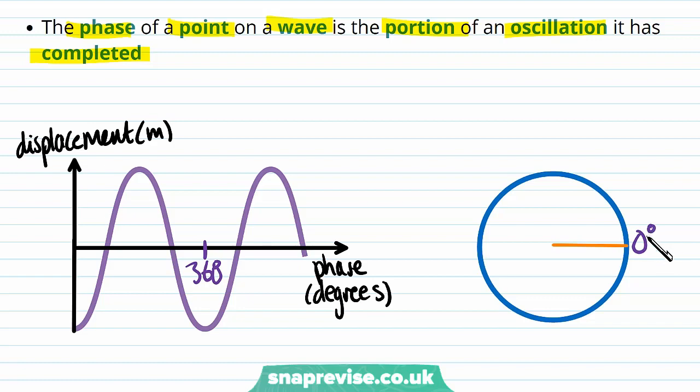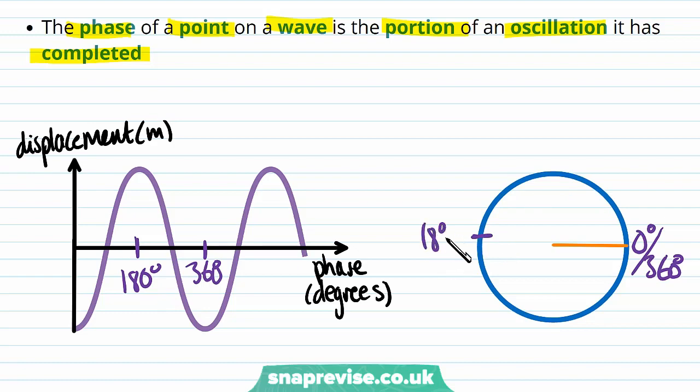So if we go from 0 degrees, we're defining this orange point here as our origin, and we go around the circle once, which corresponds to one oscillation, we've covered 360 degrees. So that's why we have a phase of 360 degrees for one oscillation. So that means for half an oscillation, we have 180 degrees, and that corresponds to going round half of this